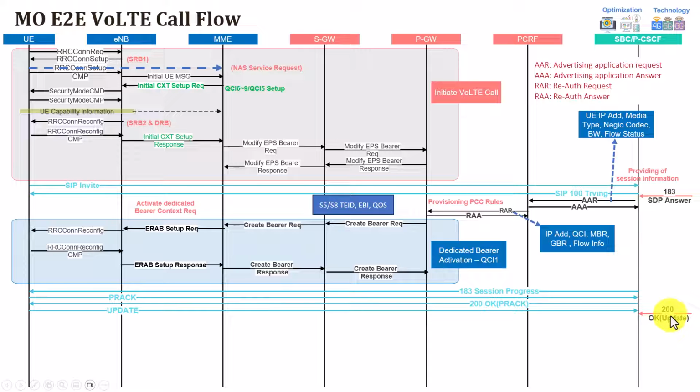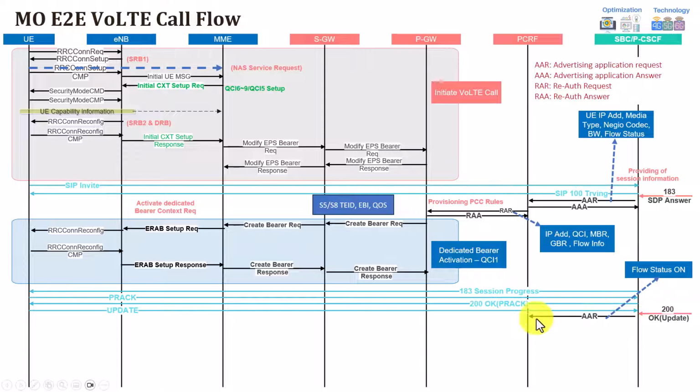So it will send a confirmation 200 OK UPDATE. I received your message, now I will send ringing to you. Before sending the ringing, because the proxy CSCF from the terminating side already received 200 OK UPDATE for the originating from the terminating,